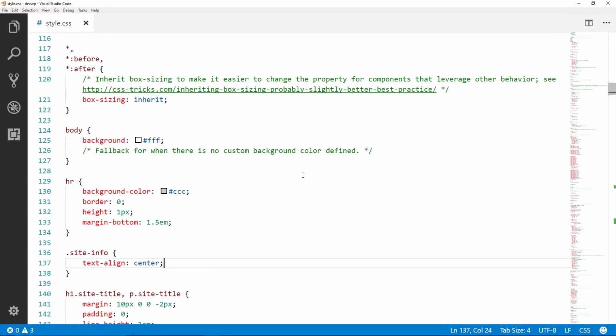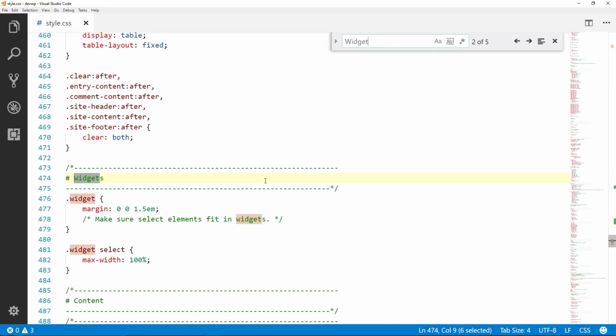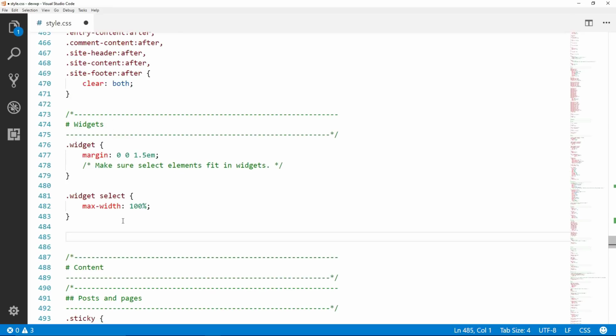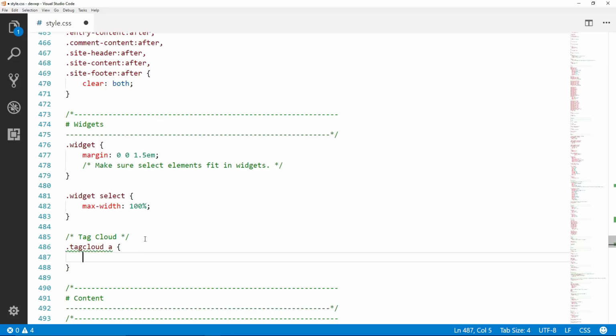Let's go back to our style sheet. Let's put it in our widgets section. So I'm going to look for widgets. So we'll put it right here. We'll give ourselves a comment, just so we know what that is. Come down. We're going to target the tag cloud. We're going to give it a border, let's say 1 pixel, solid,